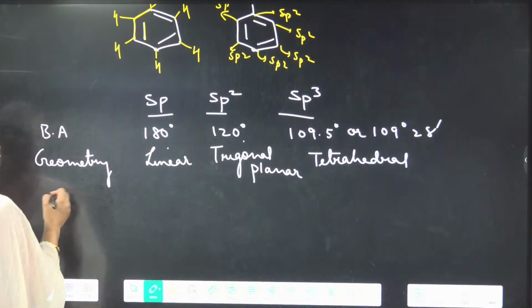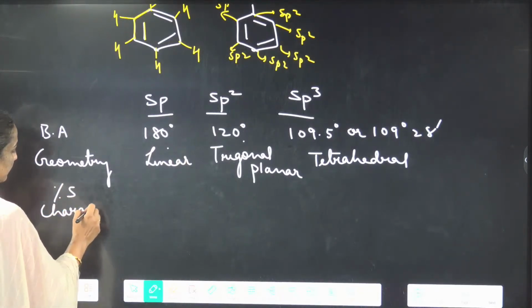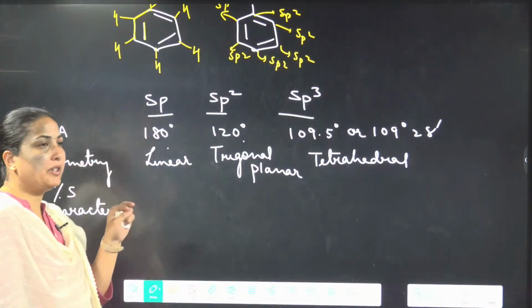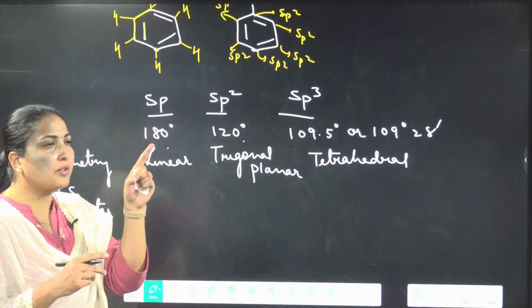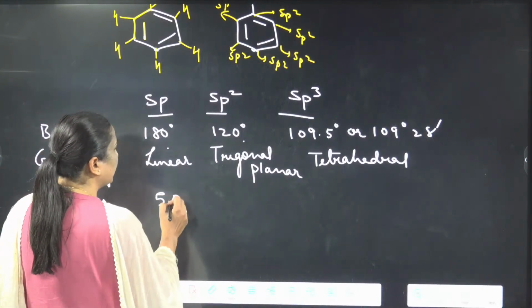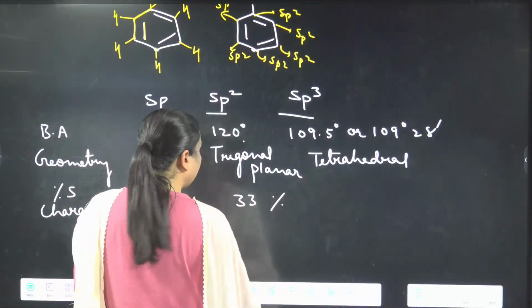Now if at all we talk about percentage S character. So percentage S means out of S and P there is 2. So 1 out of that is S. So 1 by 2 into 100. So you are having 50%. This is 33% approximately. And this is basically